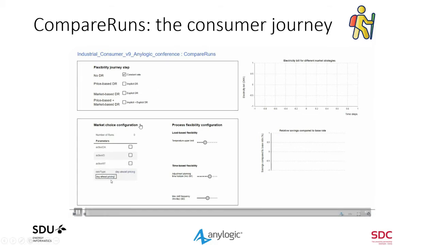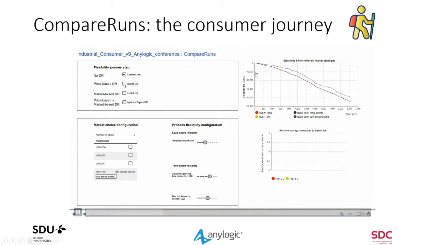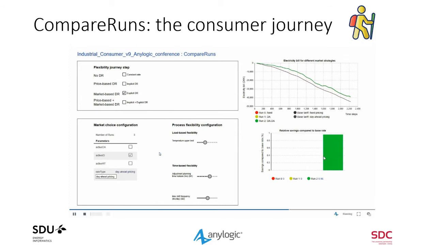So what I'm going to do is first run a basic simulation with constant rates, so no demand response, no flexibility, and with fixed pricing, so same prices for every hour. And this essentially is how your bill evolves with time, right? I mean, negative prices means you pay, you don't receive money. Then the same, but with day-ahead pricing, you see that you actually are improving on your bill. You pay less. Then we saw, this is going a bit fast here maybe, that the result from the implicit demand response was to give you 1% saving, which isn't huge, but I think for industrial consumers it can already make a difference.